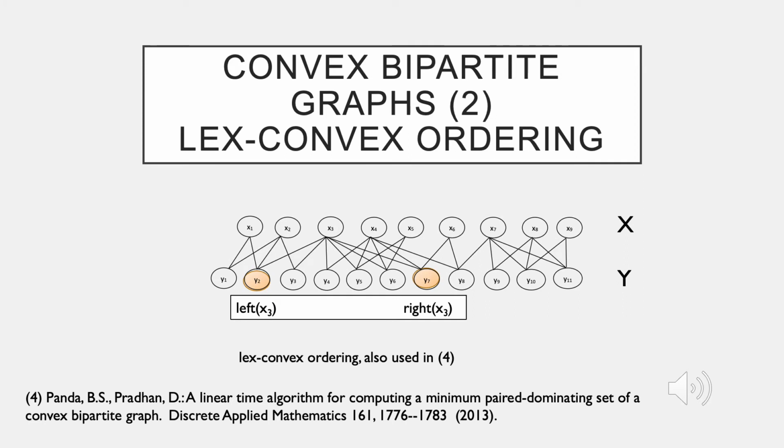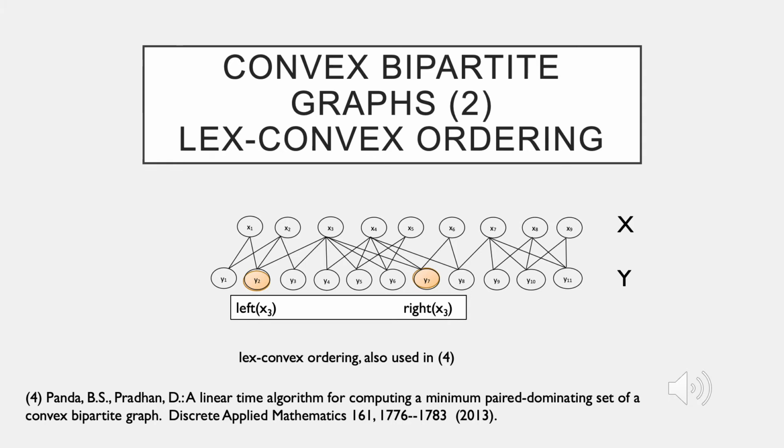We will represent the graph by what we call the neighborhood array N. The neighborhood array N has an entry for each vertex in X, and each entry stores the two values left and right. We assume an additional ordering of the vertices of X besides the convex ordering of the vertices of Y. This ordering is called Lex convex ordering, and it has been used in other papers such as the paper